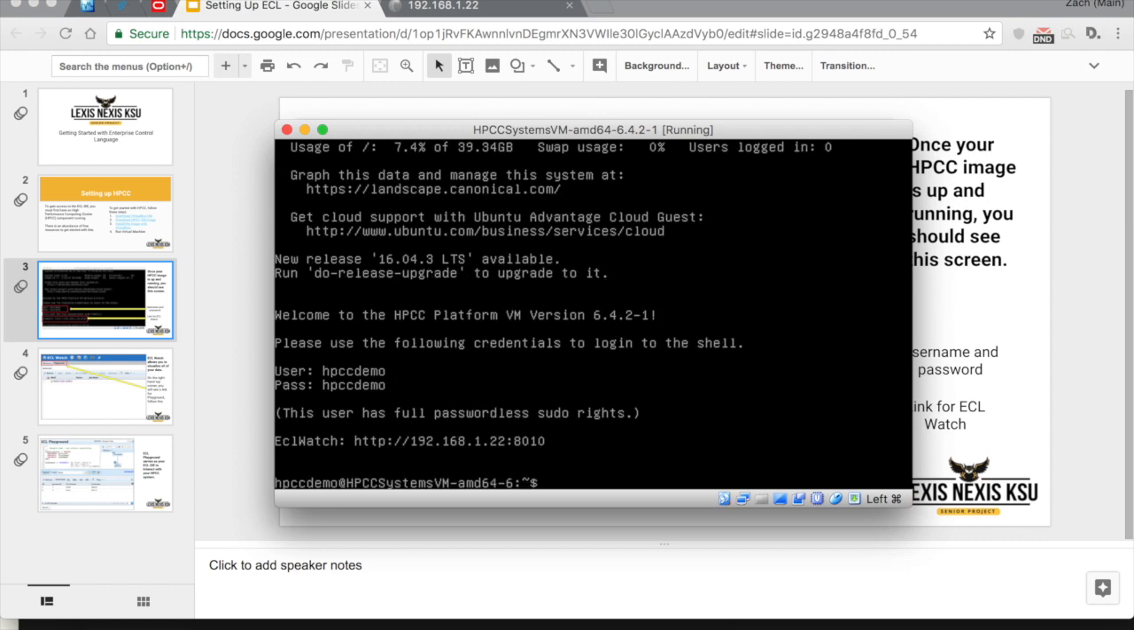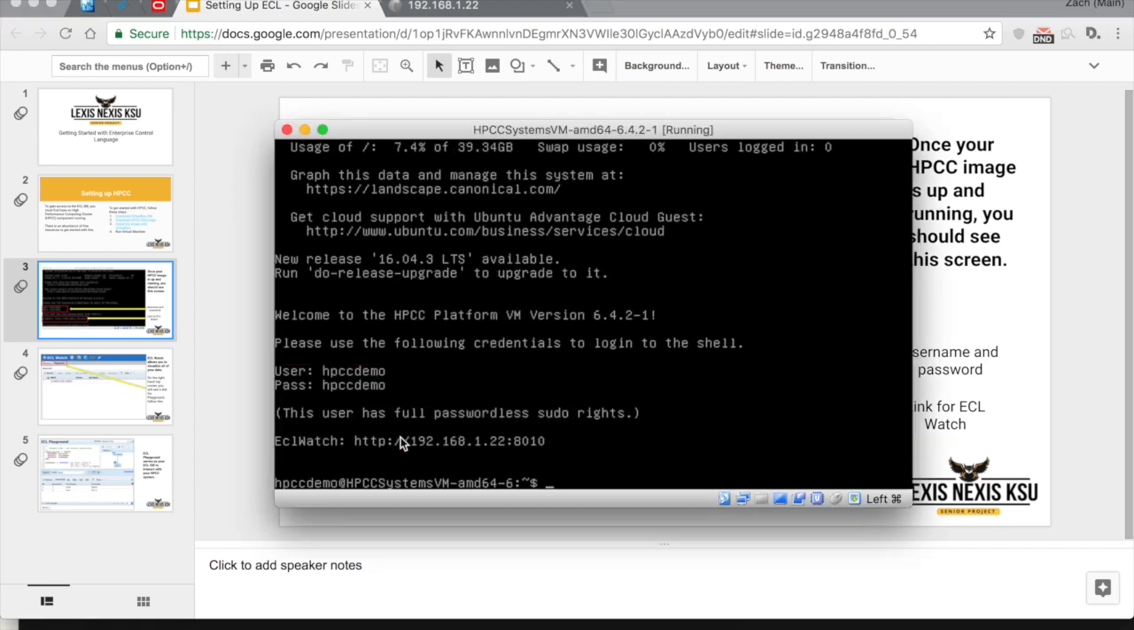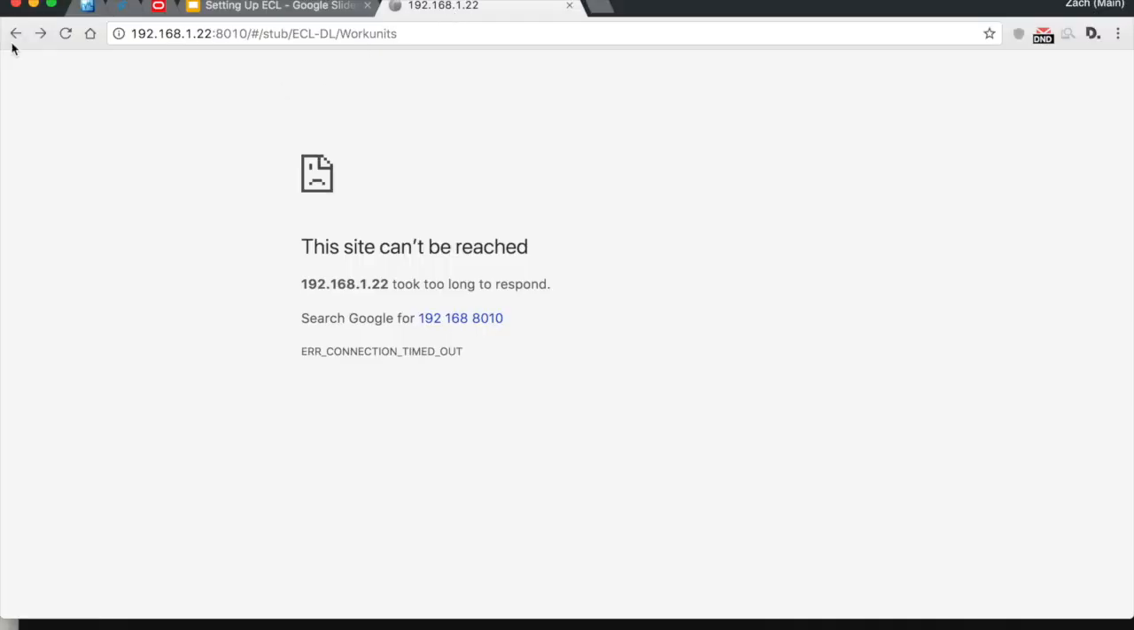All right, and so once you log in, there's another thing you want to notice, and that is a link that they provide you for ECL Watch. Now, this link is going to be unique to your own system, so you just need to check what that is, and you want to type that into a browser. Basically, the HPC systems it's a command line based operating system, and it launches servers for you, and this is your access to that server. So I already have this link up here. You see it says it can't be reached. I'm just gonna